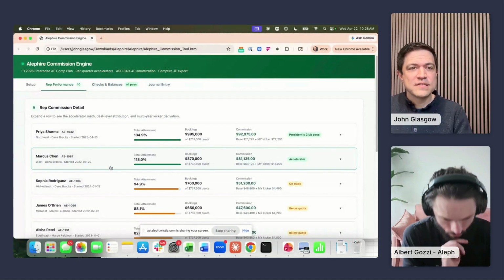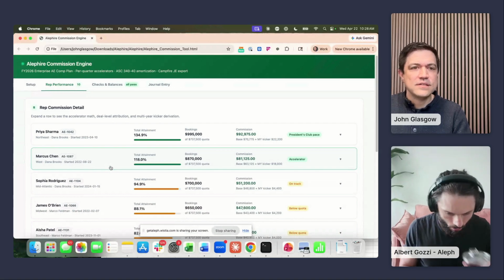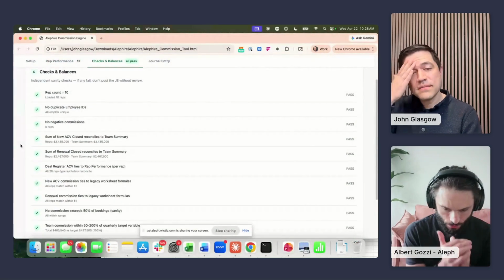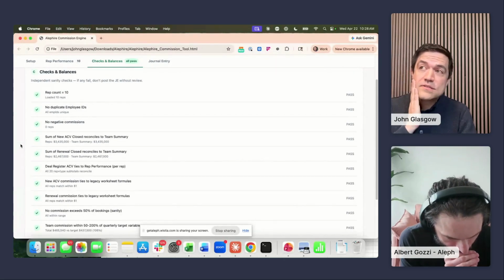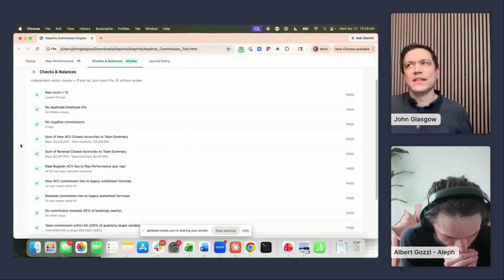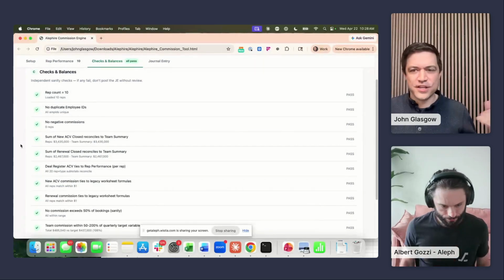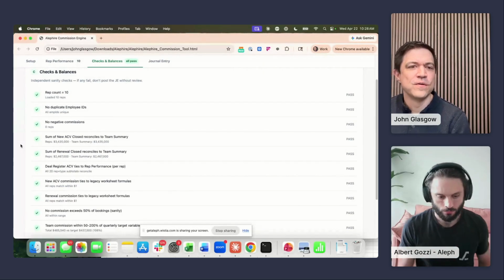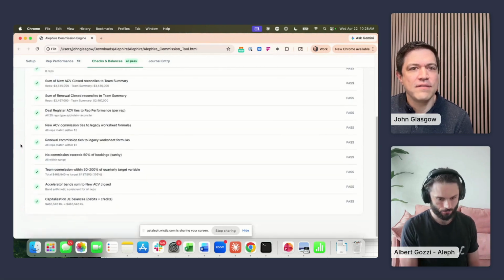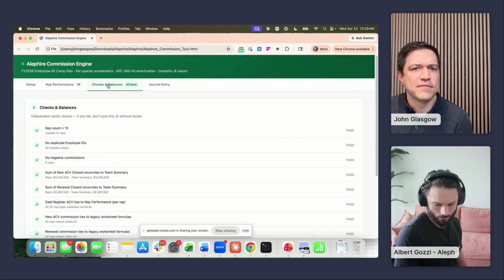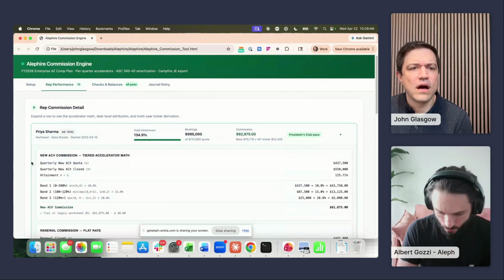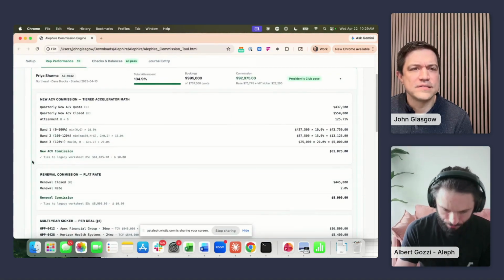So I created some checks and balances here just to make sure it's tying things out. Think about how you use Excel. In Excel, it'll be like, okay, take this total and link it to this total on another page. If true, then we're good. And I try to have it create a lot of checks for itself. Never perfect, but you can also audit. You can audit a single person.